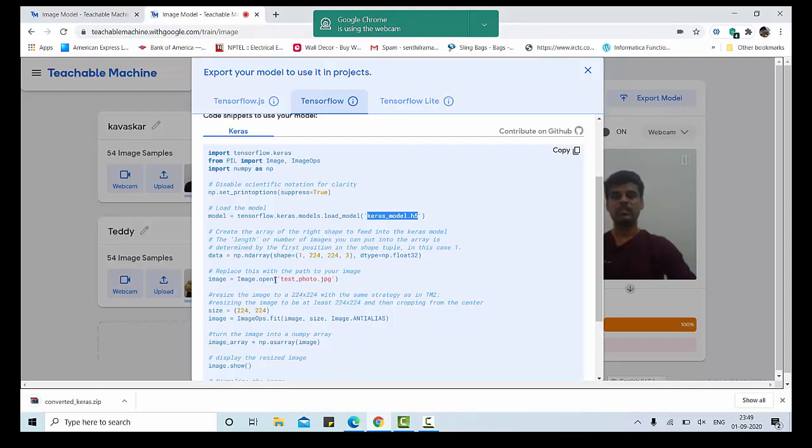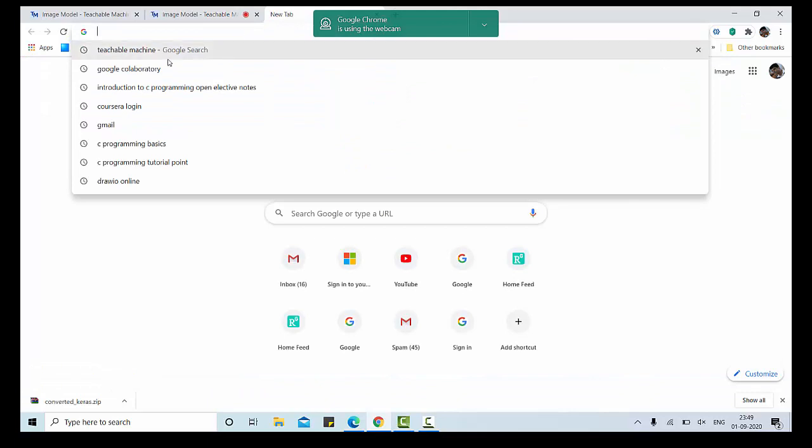The next one is the image: after taking an image, where we are storing that image, that path we have to provide. So these are the two changes you have to make in this code. I'm copying this code. Meanwhile, opening Google Colab.